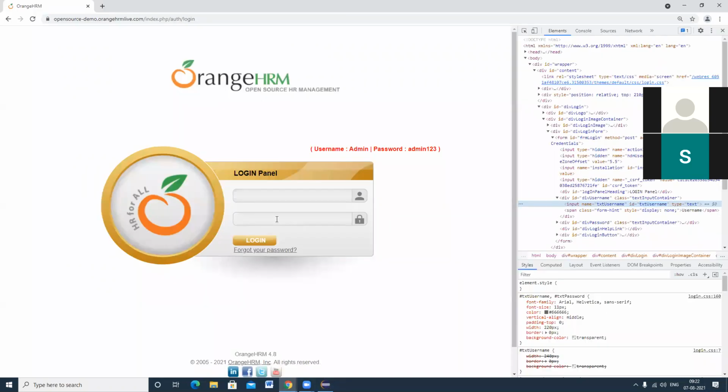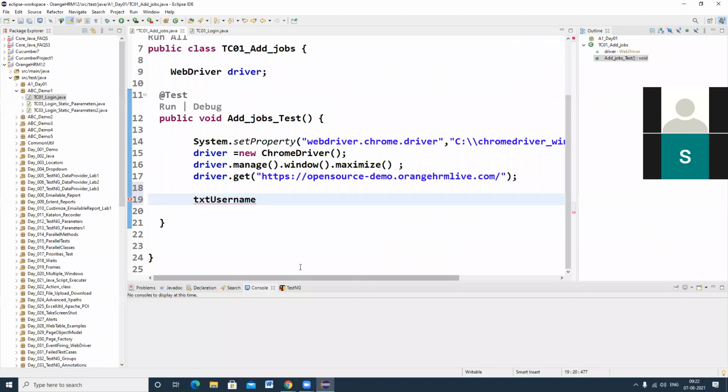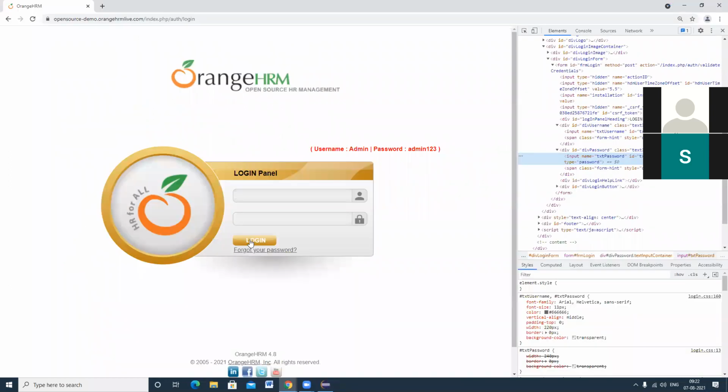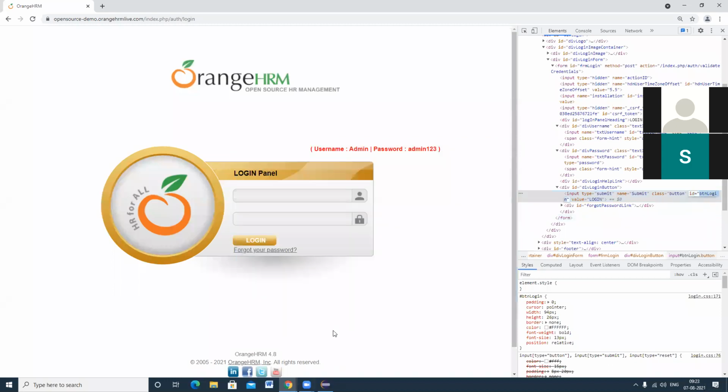And I have to inspect web element password. So I'm right clicking and clicking on inspect. So the ID of this web element is txt password. Control C. And login button. Right click and click on inspect. ID is equal to button login. Control C.